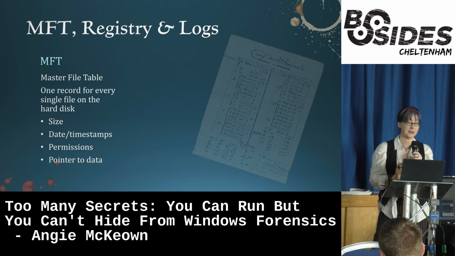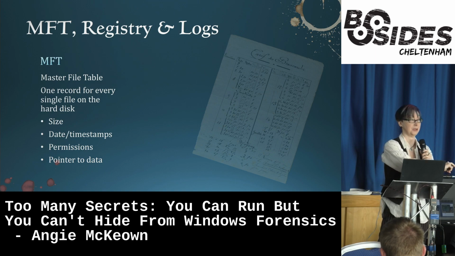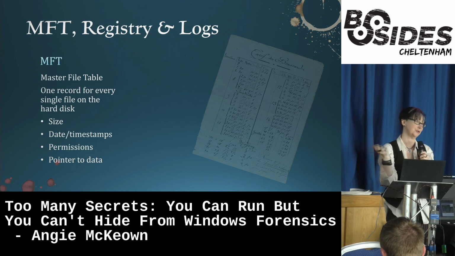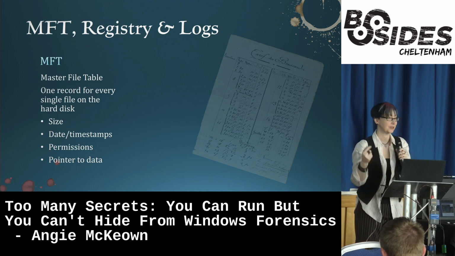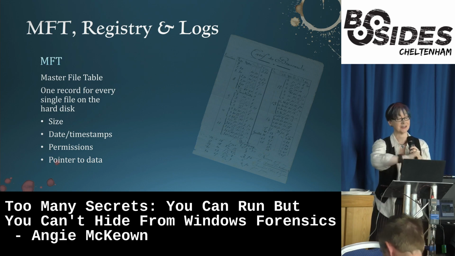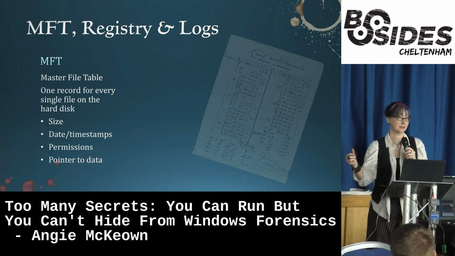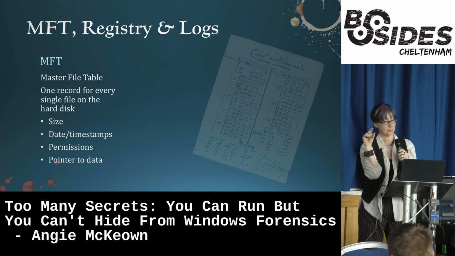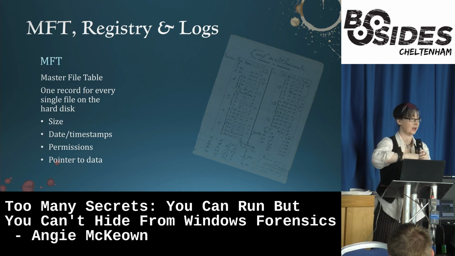Now, even when a file is deleted from the disk, the record's not actually deleted from the MFT. It just has the flag changed in the MFT so that the computer now knows, hey, you can use this space. But the file data is still in that spot on the hard disk. So, if it hasn't been overwritten already, you can grab it or parts of it. Each file has a header which explains what type of file it is. And so the file carving tools that we use to find these look for that and can recover the file or parts of it.